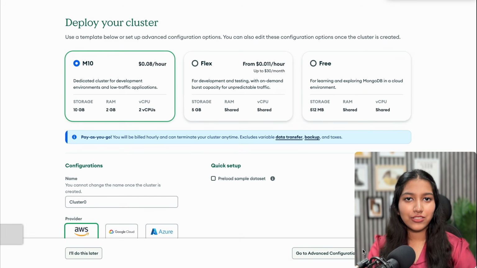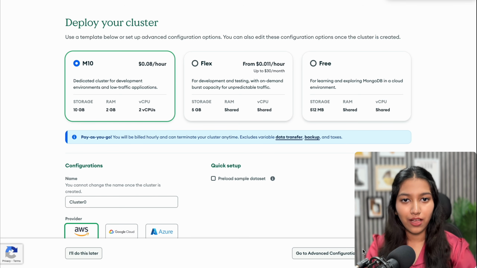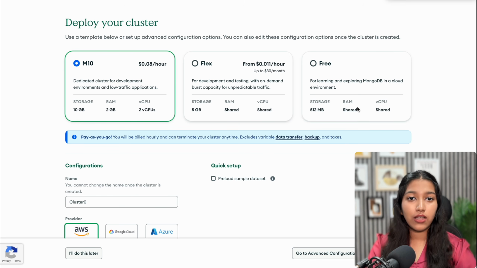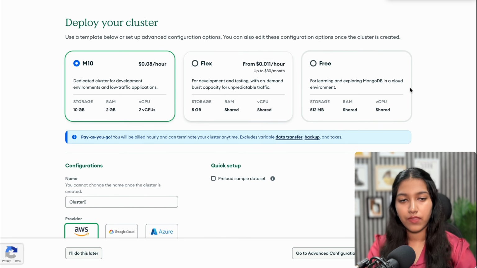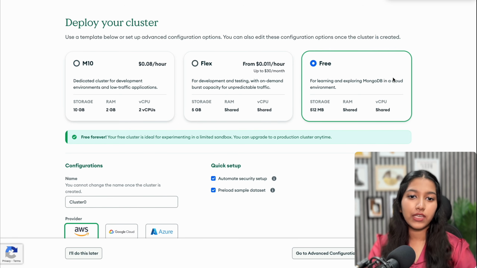Okay, so as soon as you sign in, they're going to ask you to fill out this large form. If you want, you can skip filling out that form. And once you do, you will land right here. Okay, so now as we can see, we have 3 different options here. One is a free one, which is basically for learning and exploring. And then we have paid options as well. Now, I would recommend you go with the free one for now, and then later, if you want to scale, you can easily upgrade to the other plans.